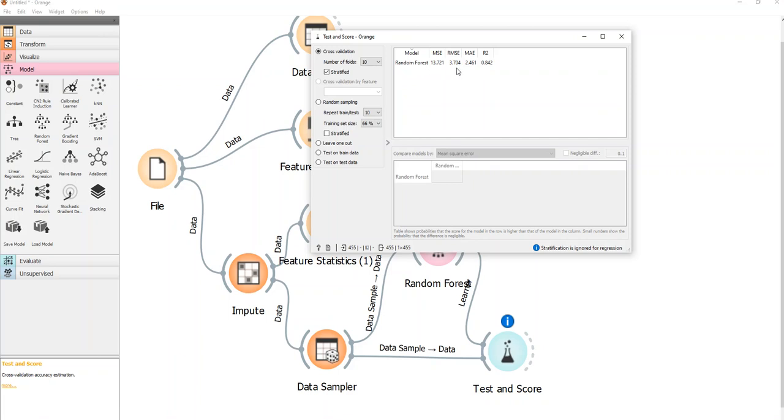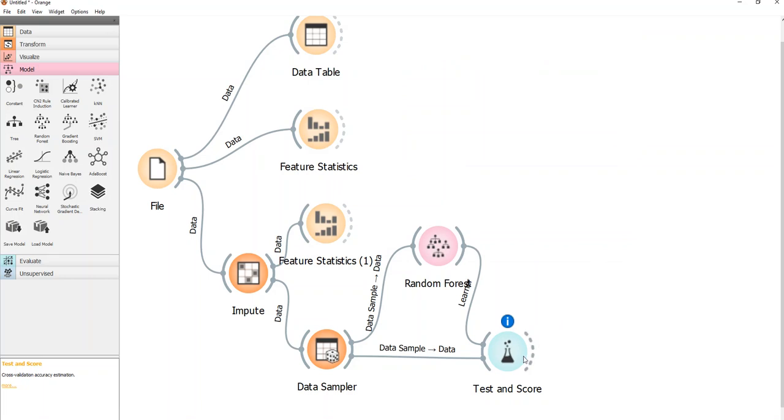Boom, here you go. Here's statistics associated with whatever I told it I wanted to deal with. Mean square error, RMSE, MAE, R2, whatever it may be. So I can go come up with these things and,